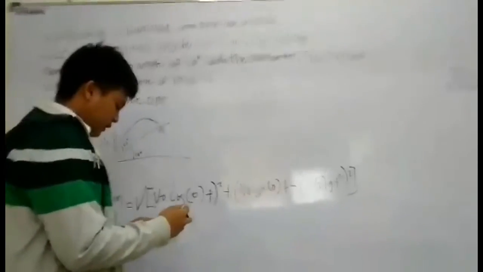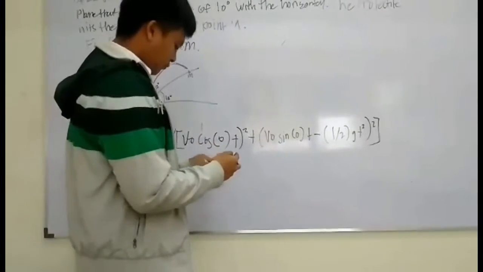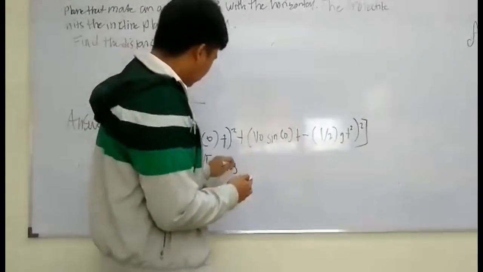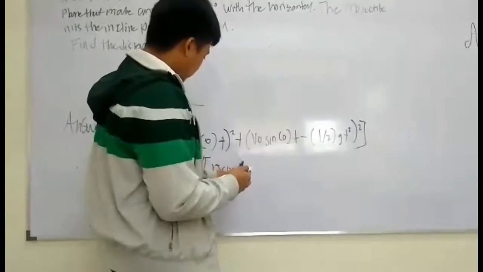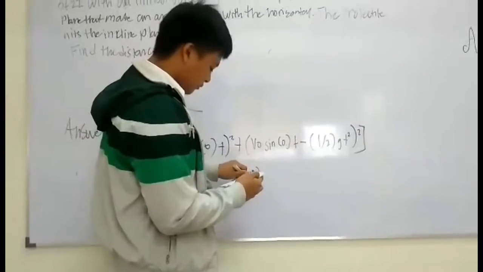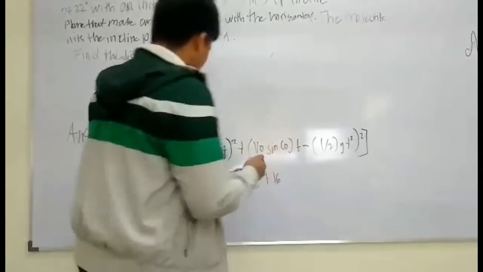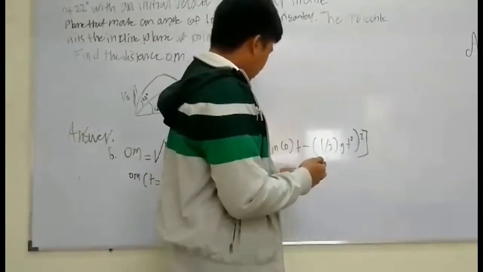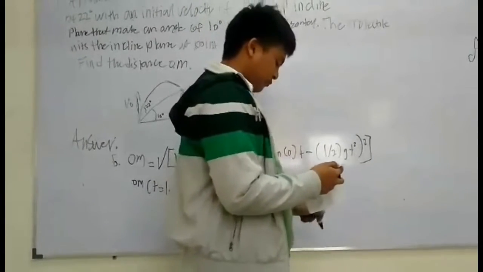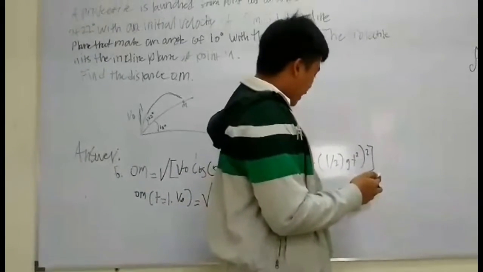The answer is equal to 32 degrees times 1.16 minus 1/2 times 9.8, and then convert the time, and the time is 1.16